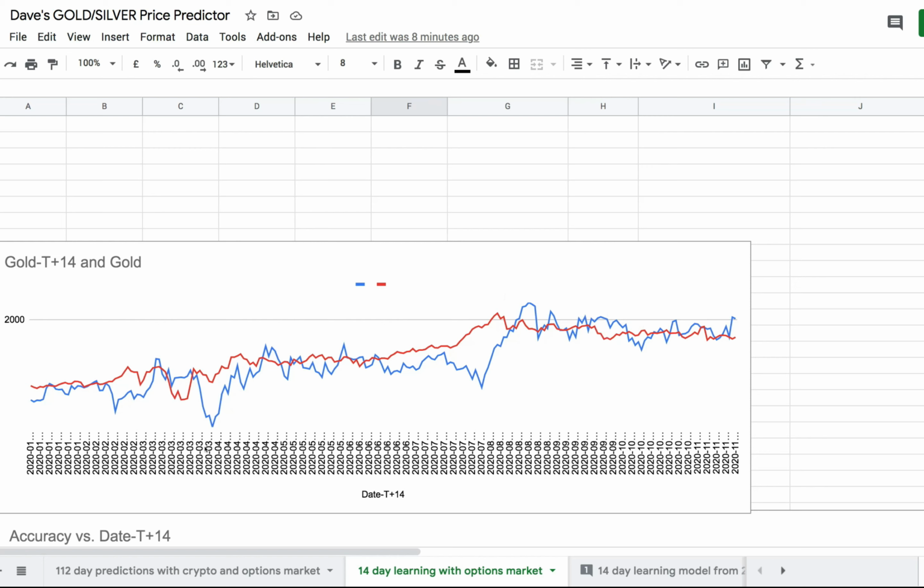Also in March, it made wrong predictions. It predicted a much bigger drop than what actually happened. You can see here that it predicted a huge drop in prices, but actually there was not such a huge drop. There was just a little bit of a drop, and then gold remained strong, and the model also adjusted to the new normal once all the other factors had adjusted too.